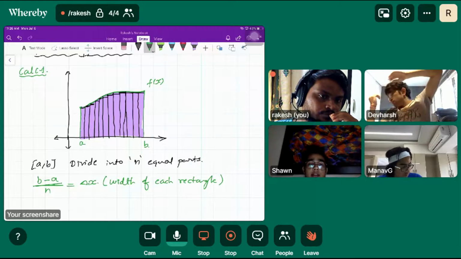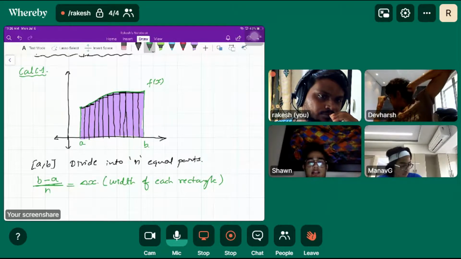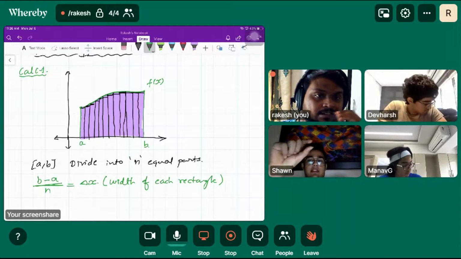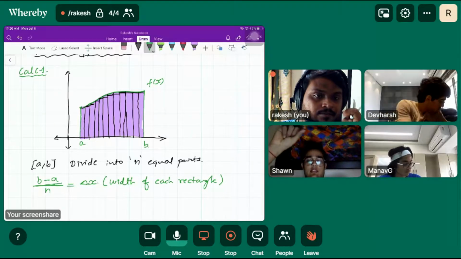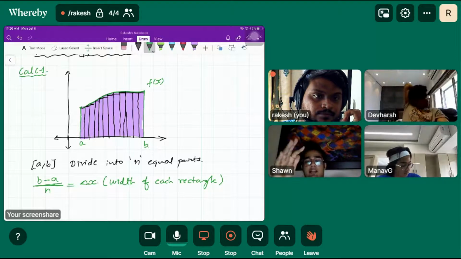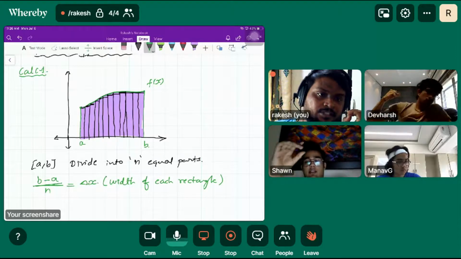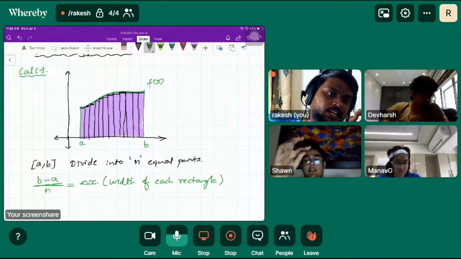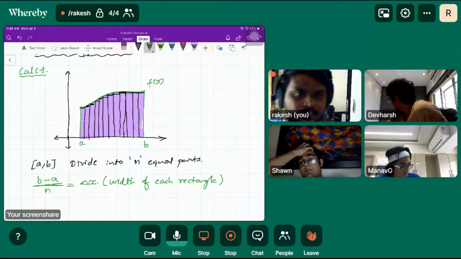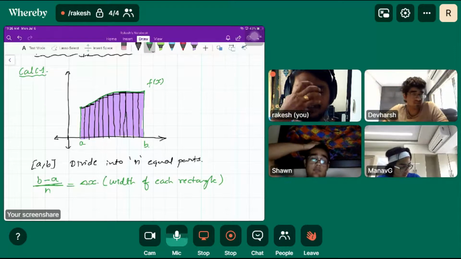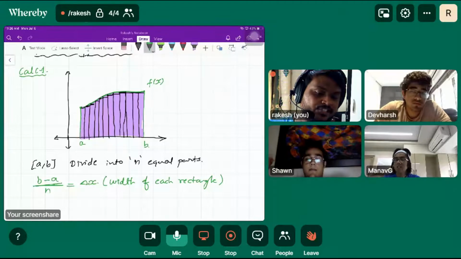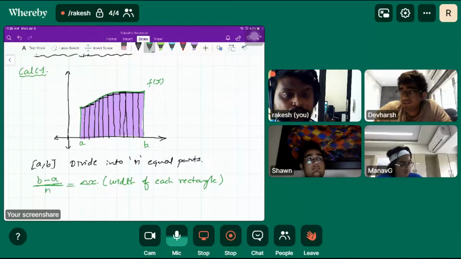You can do either, but then the result changes a little. You need the gap left at the top if it's increasing. You can do either the left-hand side or the right-hand side endpoint. So basically, what you are understanding here is that there is a constraint about selecting the point.